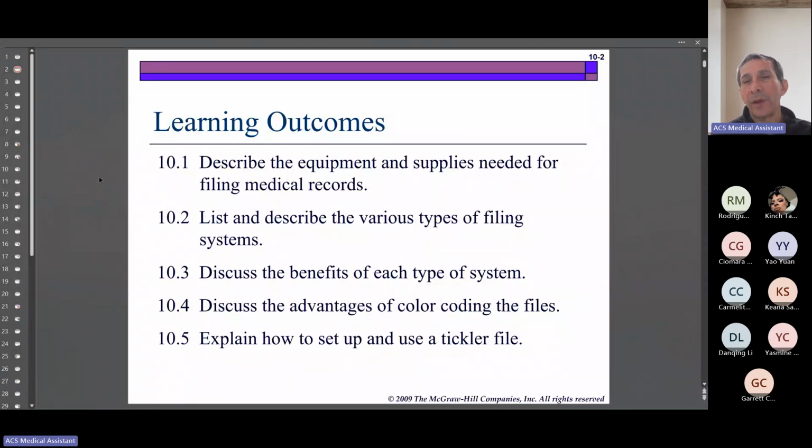We're going to talk about the benefits of each type of system that the doctors use to file those medical records. Why did they do it? It's like, why do you go to this supermarket and not that one? It's the same. It might be because it's close to you. It might be because you find all the things that you want to buy, or because it's cheaper, right? You have options